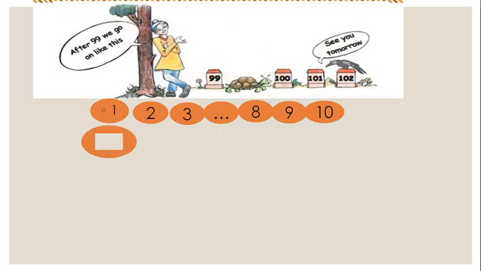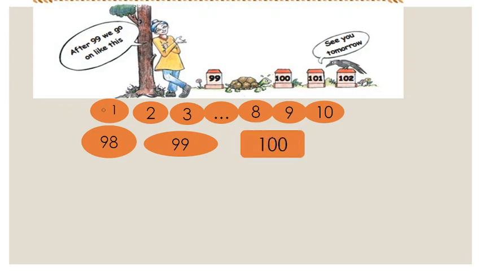Let's find out. When we talk about numbers, it starts with one digit numbers: 0, 1, 2, 3, 4, 5, 6, up to 9, these are the one digit numbers. After that, two digit numbers will come like 10, 11, 12, 13, 14. Like this it will continue up to 98, 99, and after 99, the number 100 will come. This is called a century or 100. This is the smallest 3-digit number.